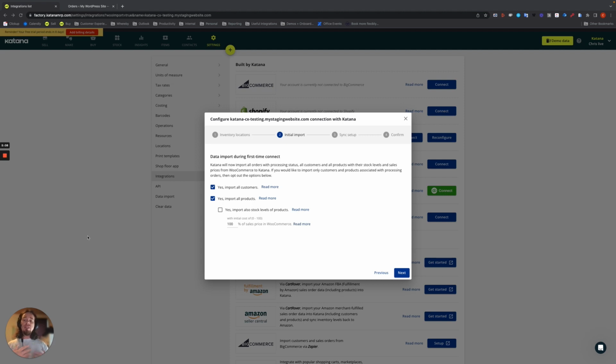But if it does find a product that doesn't have a matching SKU, then it will try to find a mapped ID, which is between your Katana account and WooCommerce account, which you cannot see. There will be a mapped ID, and if it doesn't find a match there, then it will create a new product. So we do have built-in levers to help prevent you from creating duplicates in the initial setup process